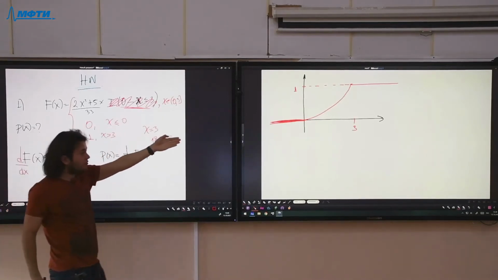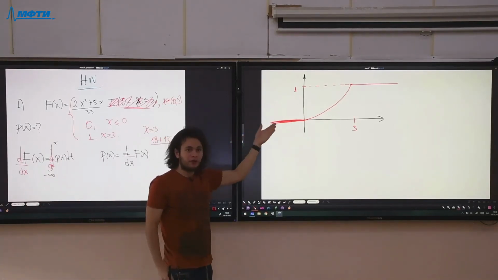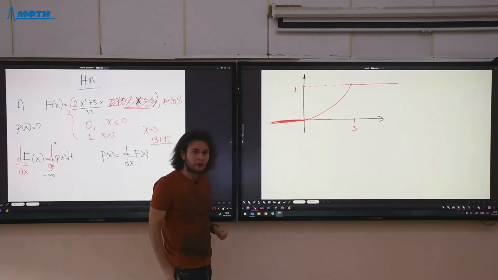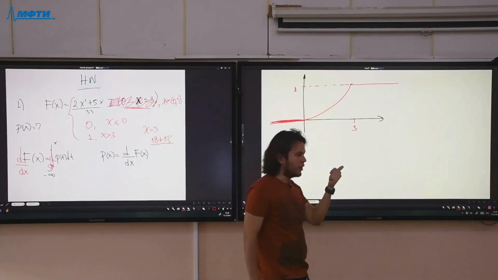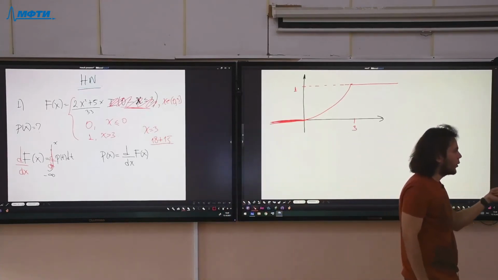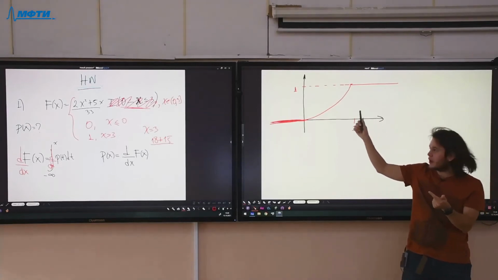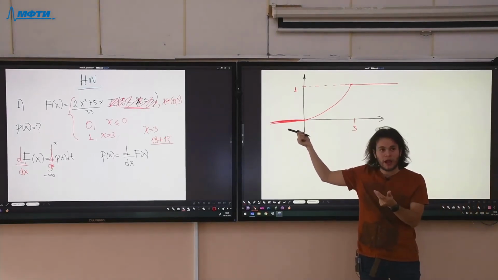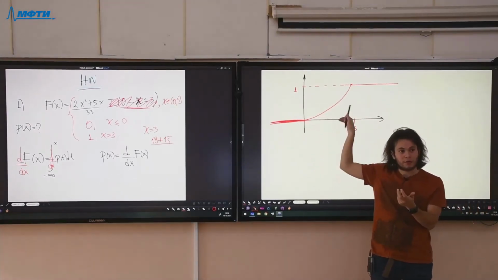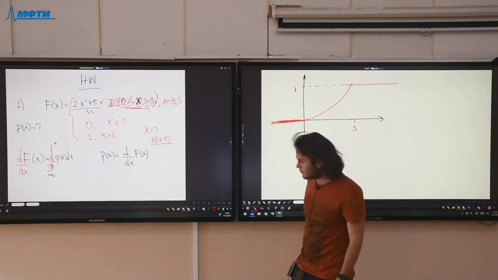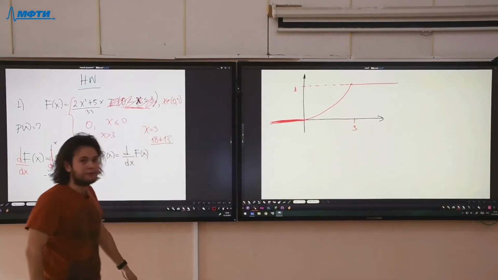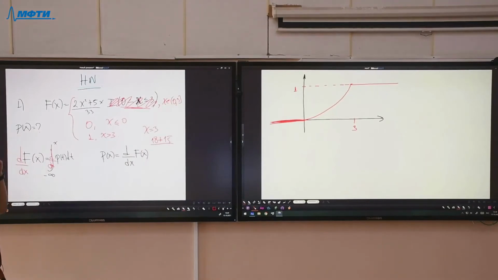You can see that all the properties of a CDF hold, right? This is non-decreasing. The limit when x tends to plus infinity is 1, when x tends to minus infinity is 0, and it is continuous from the right. It's actually discontinuous. So this is a CDF. This function,